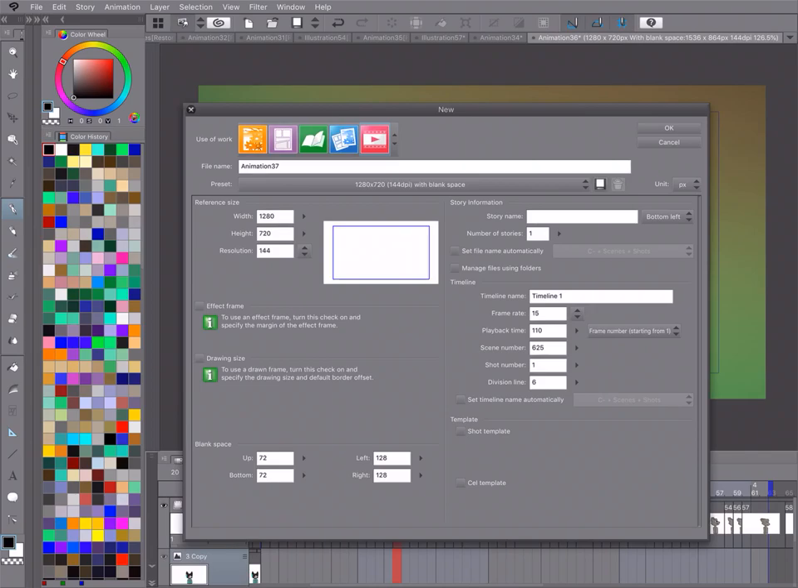You can name your animation. I don't name it anything, I just keep it as is. Right now it's animation 37. For the timeline, I usually just keep everything the same. For frame rate, there's 15, 24, 30, 60, but I usually stick with 15 because that's what I'm more used to. Once you've set the length, width, height and resolution over here, you press OK